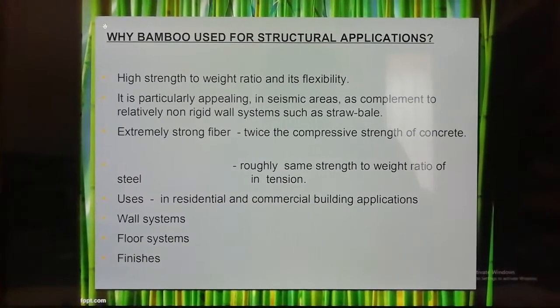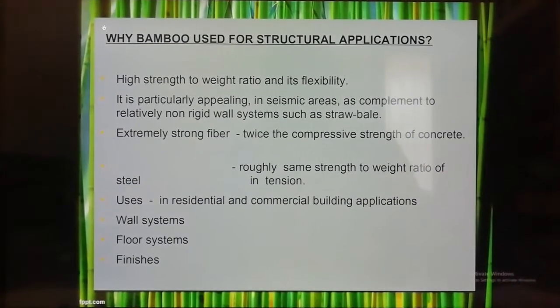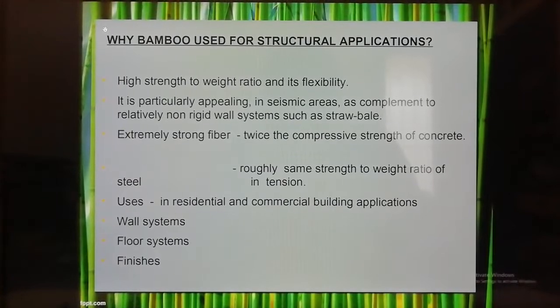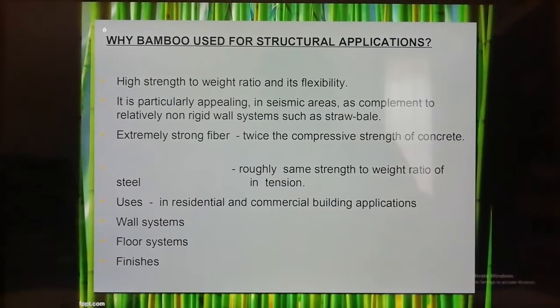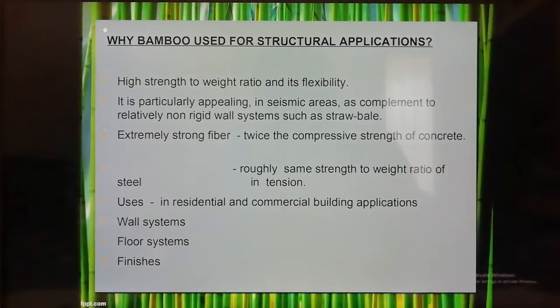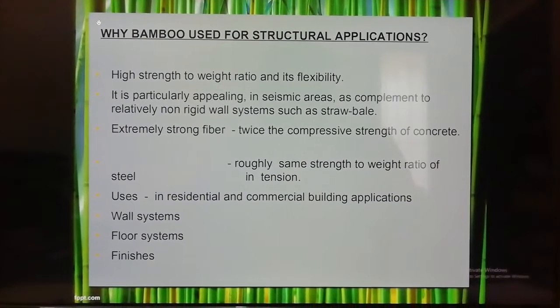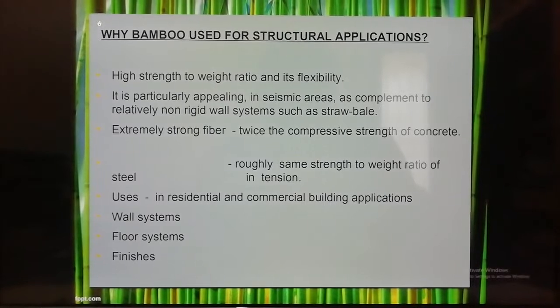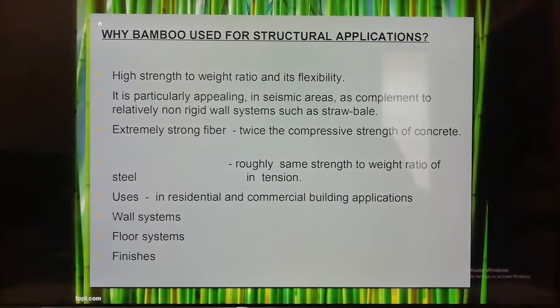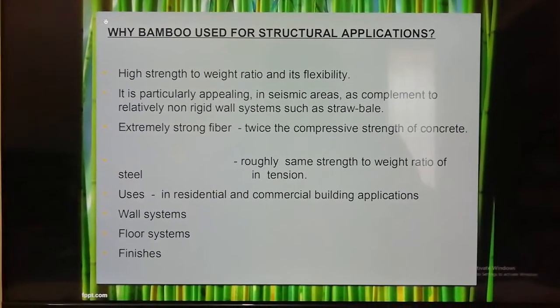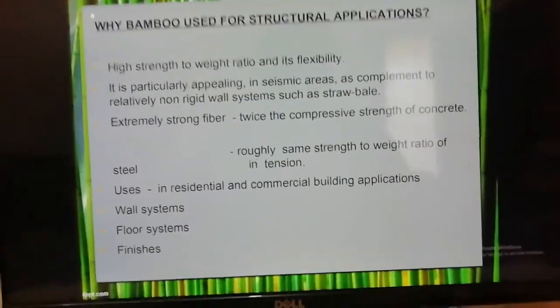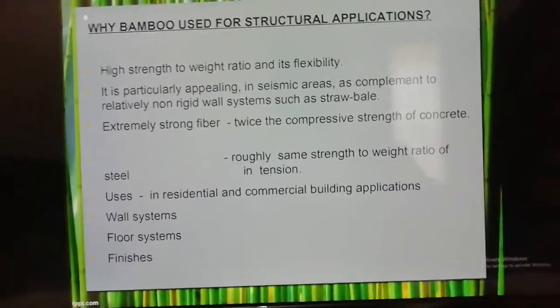So there we can use bamboo, is what they're telling. In seismic areas, it is a complement to relatively non-rigid wall systems. When we look at the straw and bale method of building a wall, straw and bale is one of the previous methods of building a wall. So to complement the problems faced in seismic areas of this particular